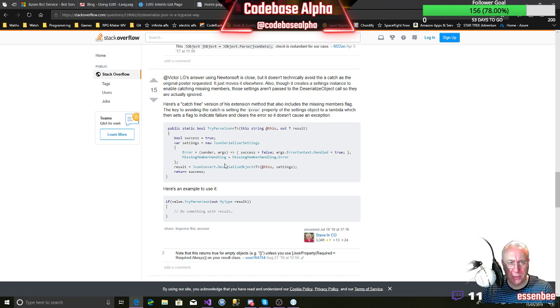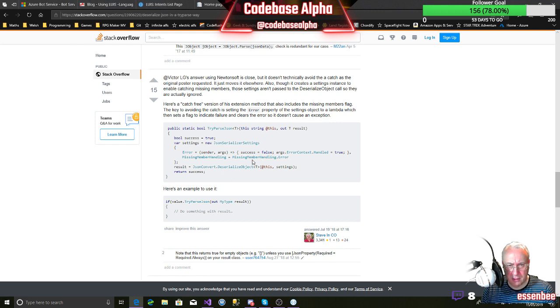What's this person saying? A good catch-free version. So here they're taking a string in. They're setting a JSON serializer. So they're deserializing the object and returning success.